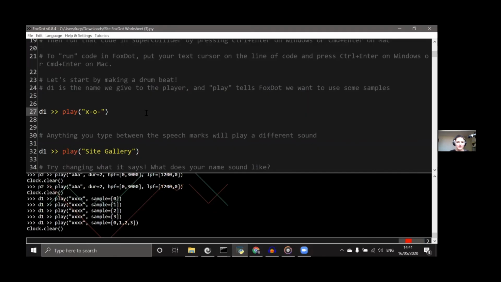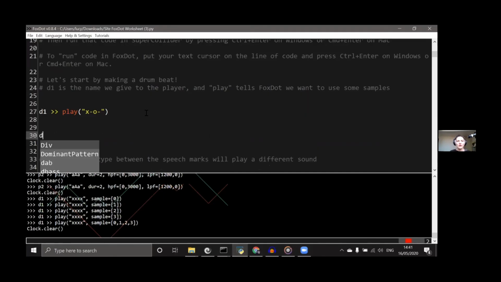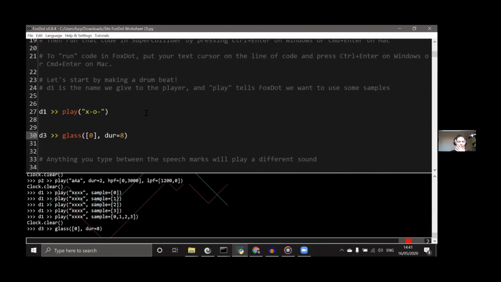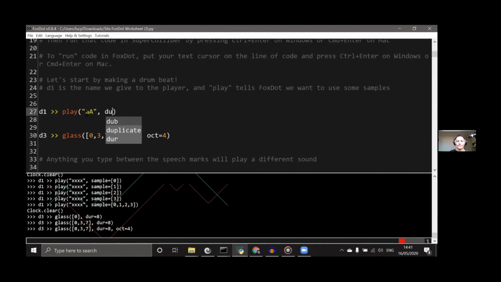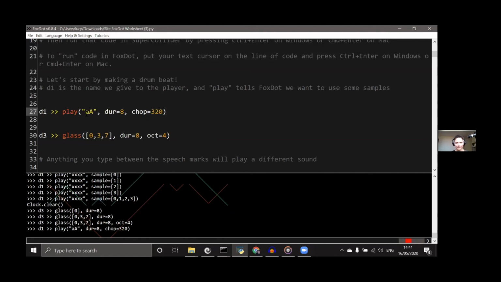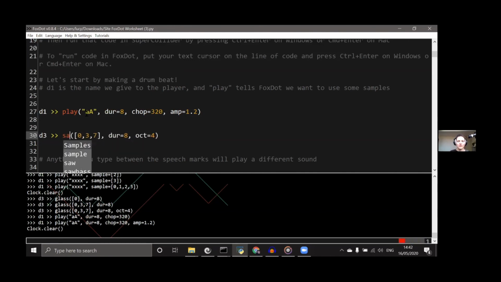So something I like to do, which adds some quite nice texture, is that FoxDot's got a few of these really slow sounding synth sounds. One of them is Glass, which sounds like, actually I don't know if I'm showing my audio. Am I showing my audio? Hopefully it's coming through now, yeah. Okay, great. Which I think has got quite a kind of ethereal sound, or you can try Space as another one as well, which is quite